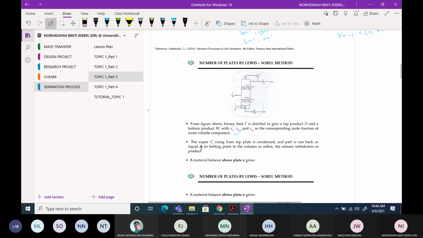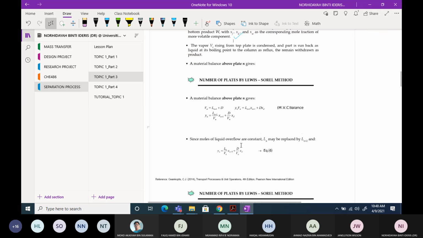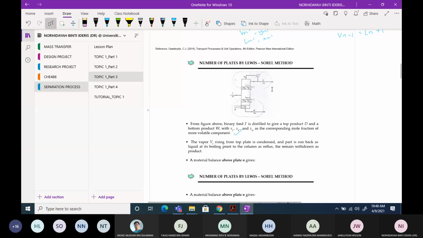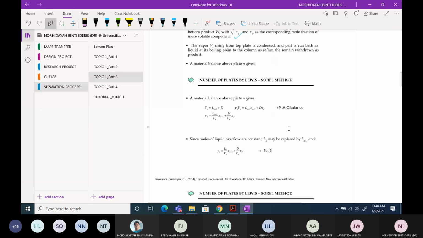So part is run back as liquid at boiling point to the column as reflux, and the remainder is withdrawn as the product. All right, now we go to the first operating line. Okay, now focus on the first boundary. Okay, first dashed line here. So if you look here,